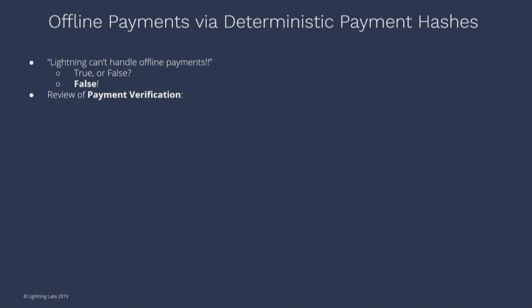So let's talk about how payment verification is actually done in Lightning itself. First you have invoice generation. Invoice generation requires that you generate a random number. Let's call that the preimage. That's the secret value the receiver has, which is going to be revealed to the sender along the route to actually settle the payment.